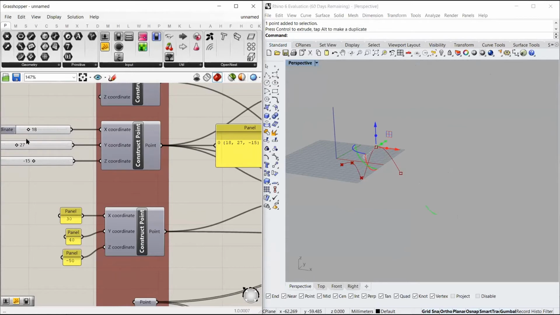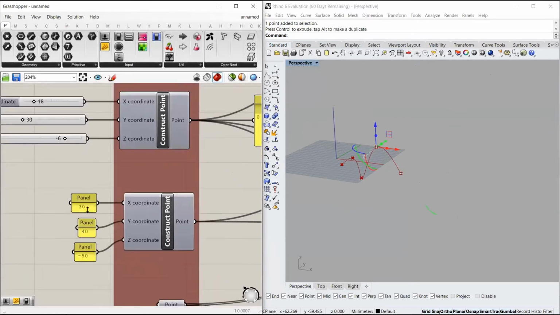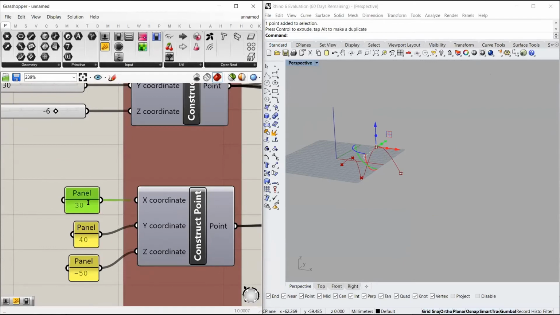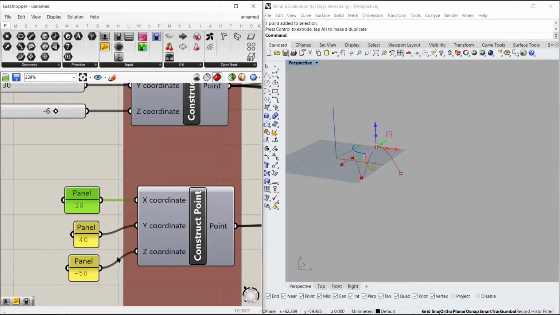If I change this, you see the curve is getting changed. I can also change this, say I set it to 50 and enter. Okay, so there is one thing to remember: whenever you are typing in a panel, never press enter, because what enter does is it takes you to a new line, and as soon as it goes to a new line and you click OK, you see it gave an error.